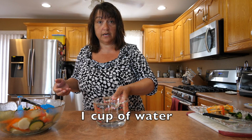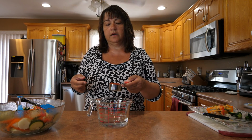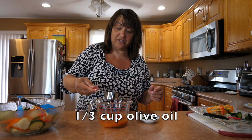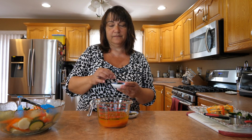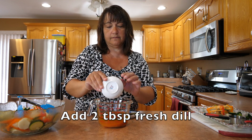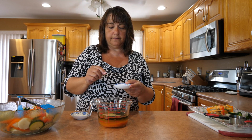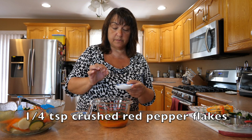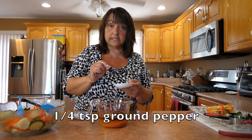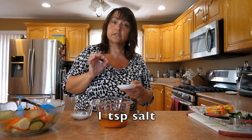Start off with 1 cup of water. We're going to add 1/4 of a cup of tomato sauce, 1/3 of a cup of olive oil, and now comes our spices. Of course, you know me, dill. So I put 2 tablespoons of dill. I use 2 bay leaves, and then we have 1/4 of a teaspoon of crushed red pepper flakes, 1/4 of a teaspoon of ground pepper, 1 teaspoon of salt,